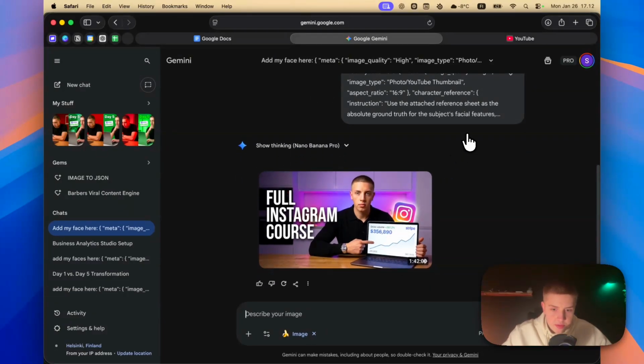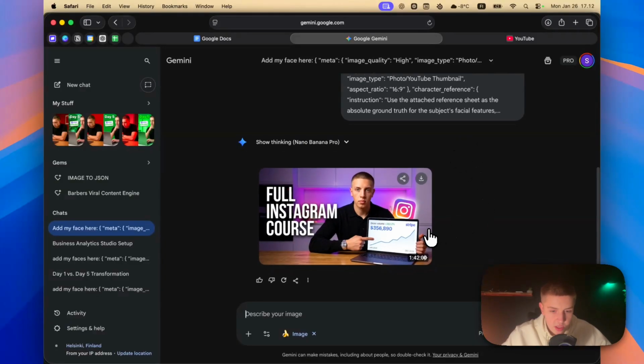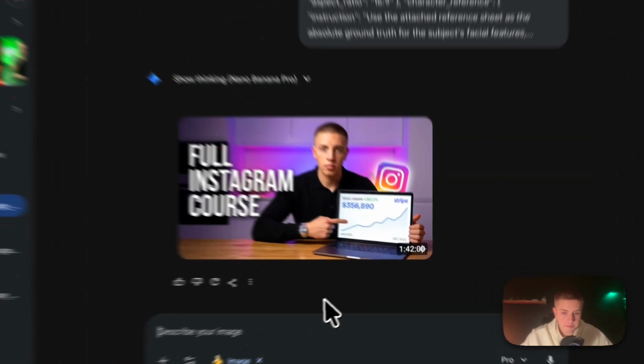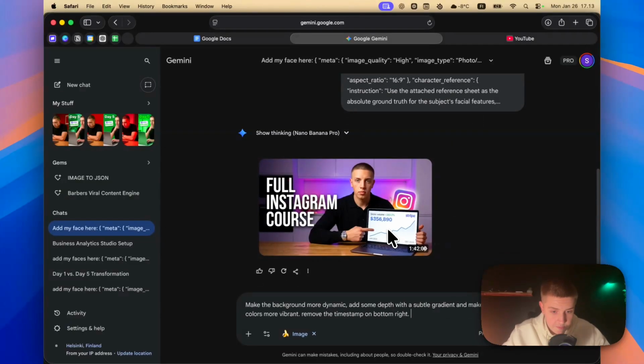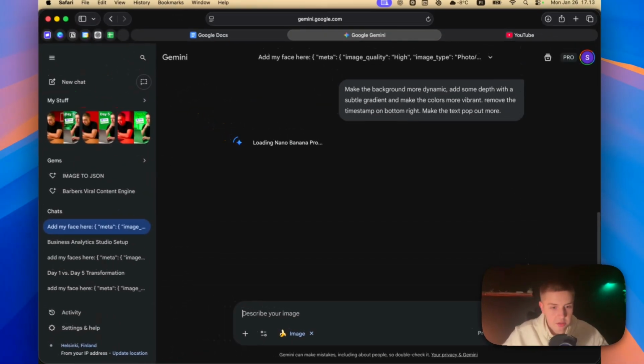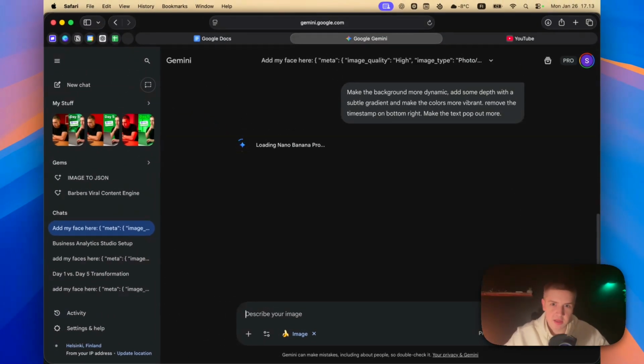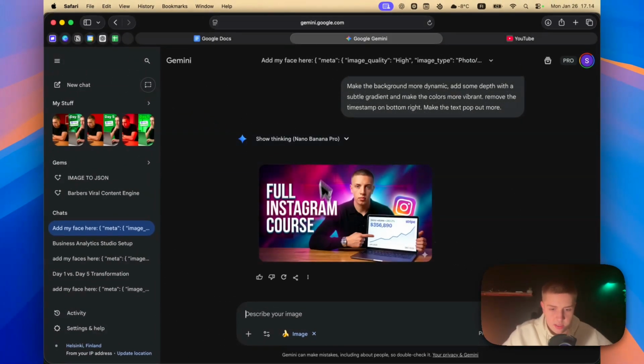The first output is honestly not bad, but I want to tweak a few things. So I'm going to tell it to make the background more dynamic, with some depth and a subtle gradient, make the colors more vibrant, remove the timestamp on the bottom right, and make the text pop out more. Something like this. And obviously, if you want, you can insert yourself into a penthouse late at night overlooking the city. Here's the second output. I don't like this either, so